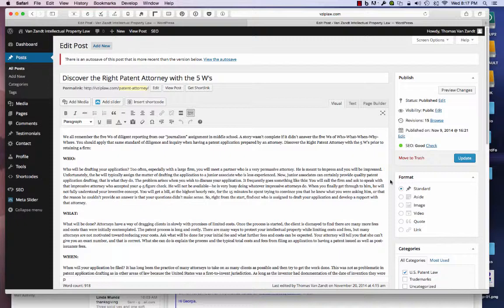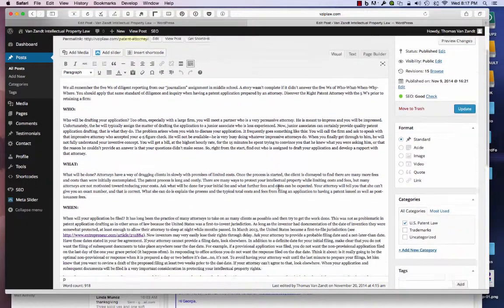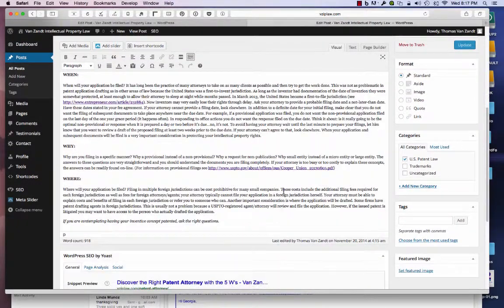Sometimes you need to play with your language a little bit and the order of your words. I don't get too crazy about it because it starts sounding very stilted, and I think it's more important to have it be user-friendly than search engine friendly. But you can play with it a little bit to get your green marks here, to get your SEO marks up as high as possible. So you just come straight down here,